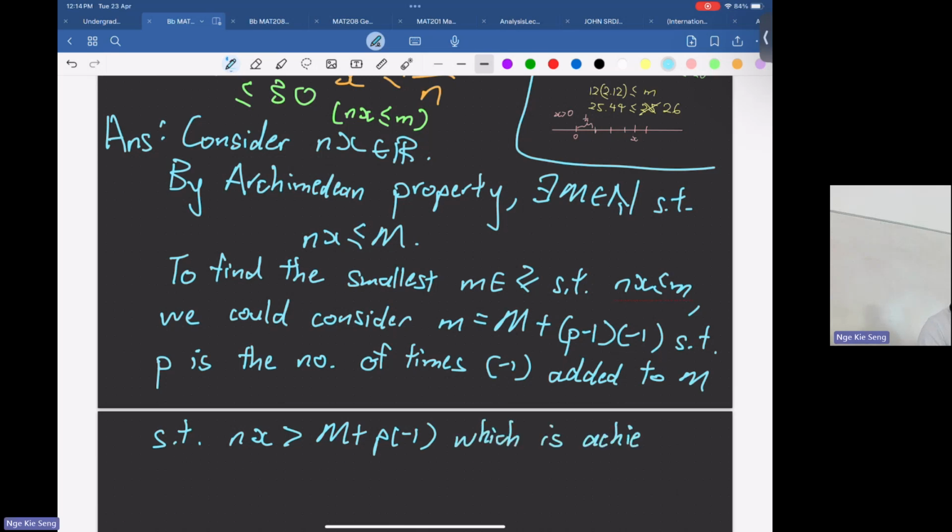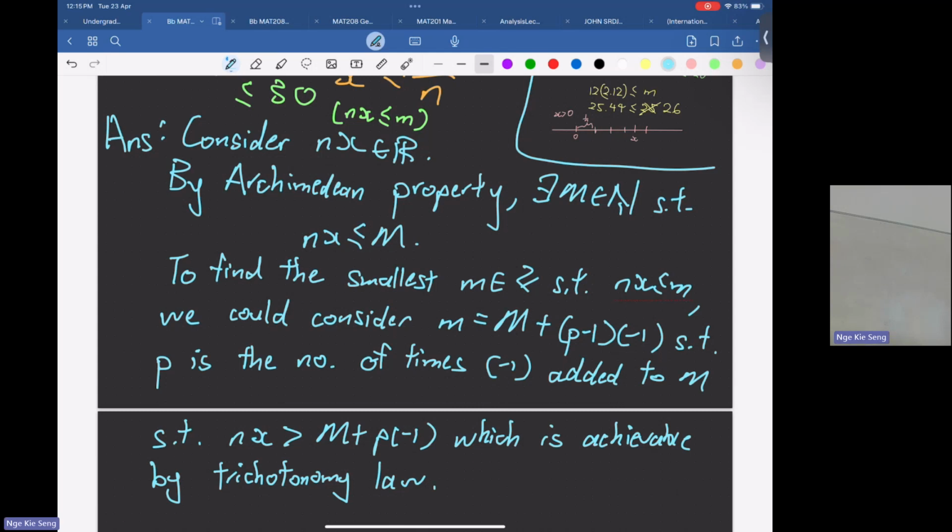Because we have the trichotomy law in numbers, you can keep subtracting 1. Each difference is either greater than the real number, equal to the real number, or less than the real number. So now you start with a number that's greater than or equal to nx, and then you take n minus 1. You ask yourself, is n minus 1 greater than, equal to, or less than nx? Because by trichotomy, only one will happen.